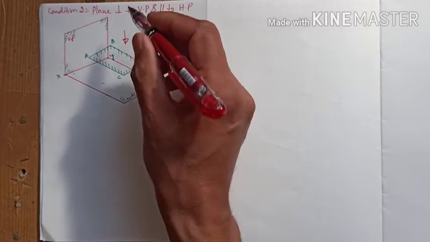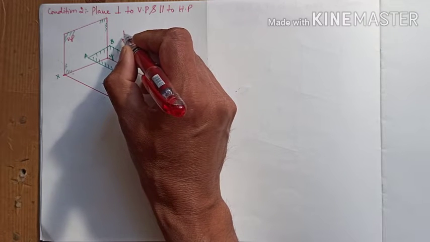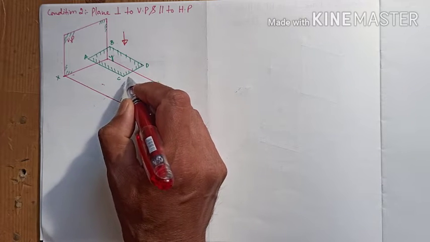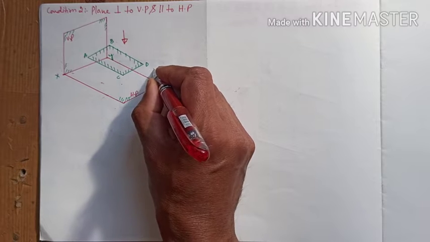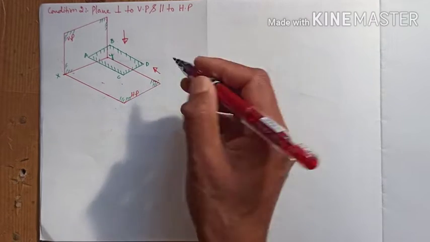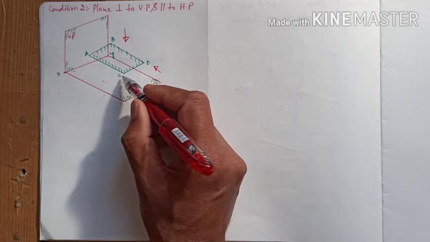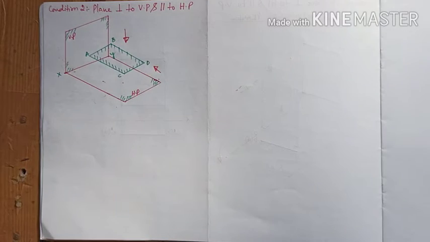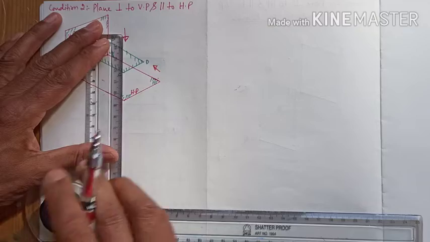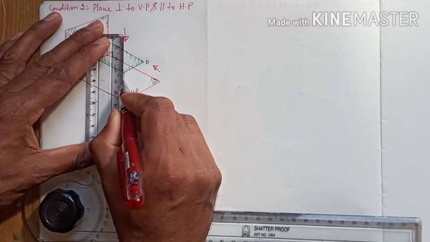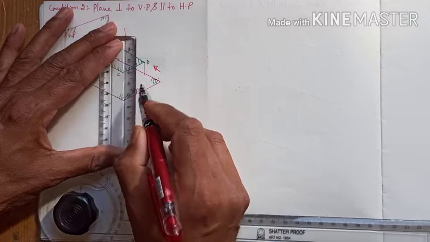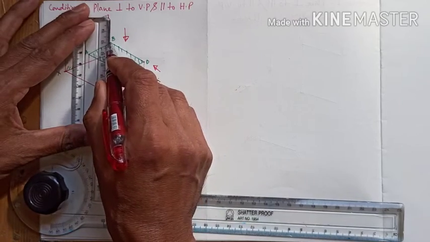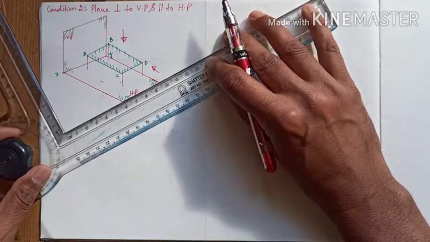So how can we draw it? If we see this plane from the top, the rectangle can be seen as true shape in the top view, and if we see it from the front end, we can see only a CD line. That line can be seen on VP. Fine. So what I mean, if I produce this line, so if I join these lines,